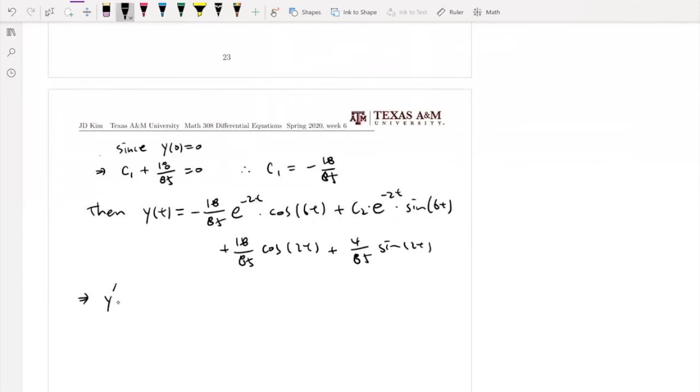Then we need y prime, which is equal to, by the product rule, 2 times 36 over 85 e to the minus 2t